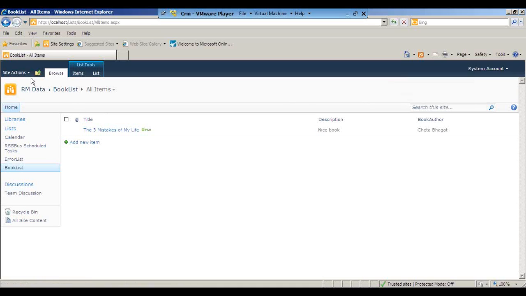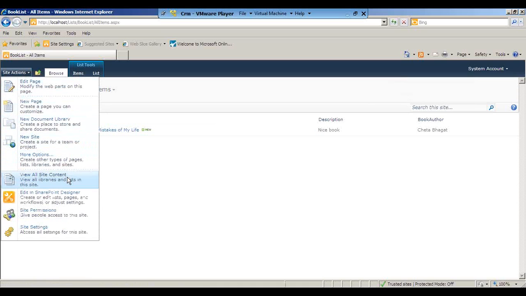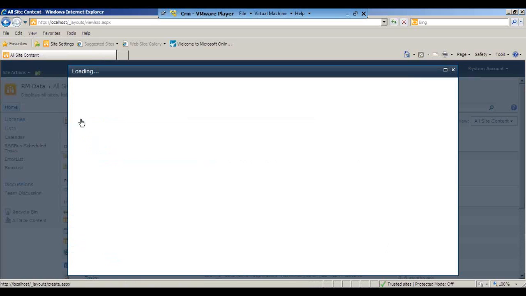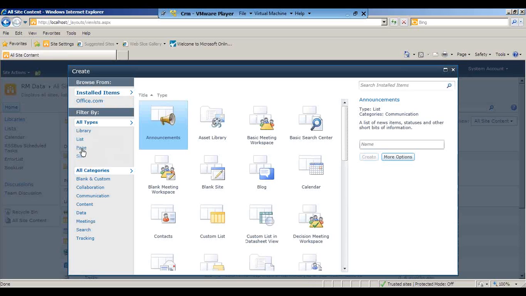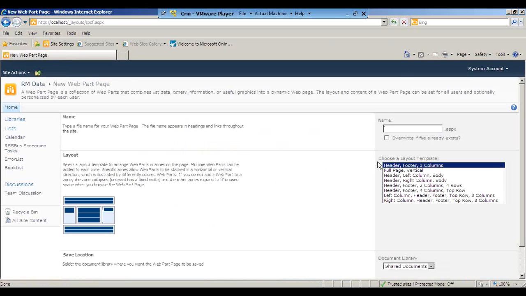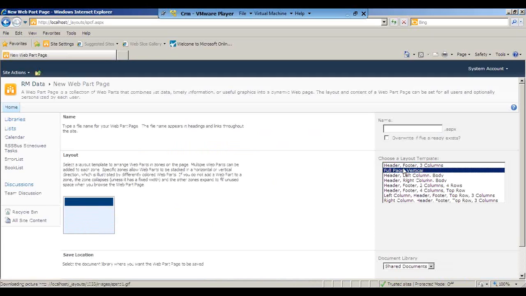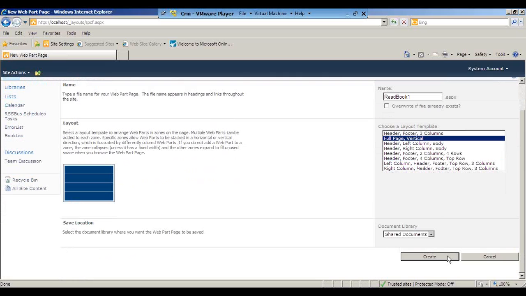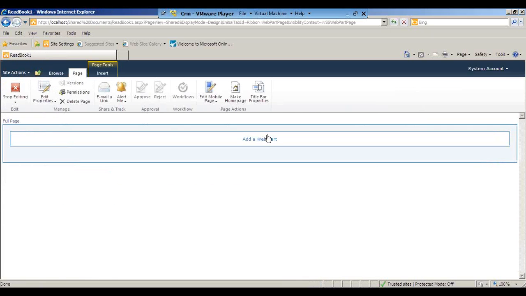So let's create a page, and within that page we'll add the sandbox web part solution which we just created. Web part pages, create. I'll call it read book 1 for example. I'll put it under shared documents. This is our page, add web part,